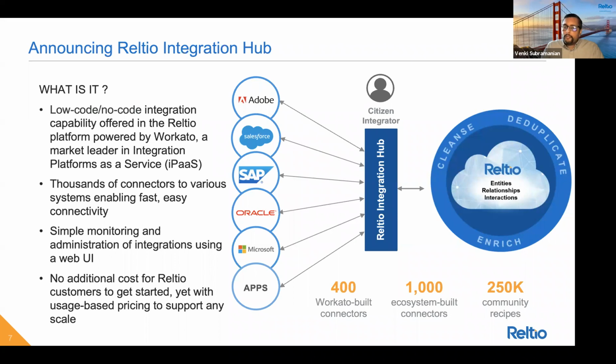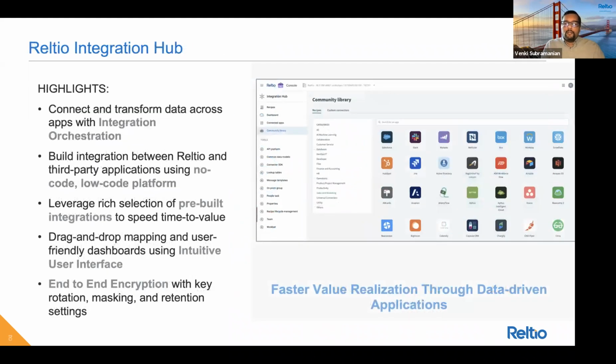The important thing to remember is this comes embedded as part of the Reltio platform. So it comes to you at no additional cost with fair use limits and with the ability to purchase additional usage if needed, if your usage goes above those limits. So what does it enable you to do? It enables you to connect and transform data across all the different applications and Reltio, and opens up additional scenarios